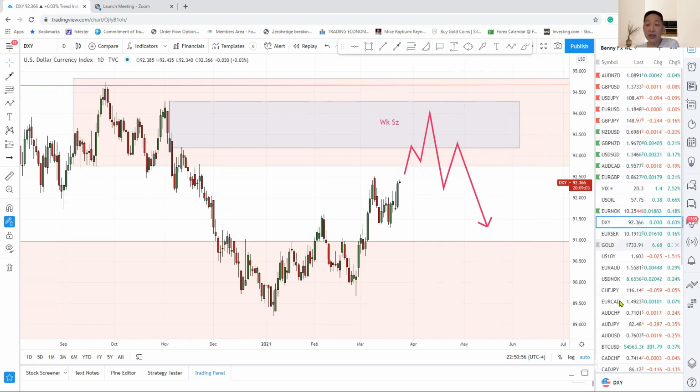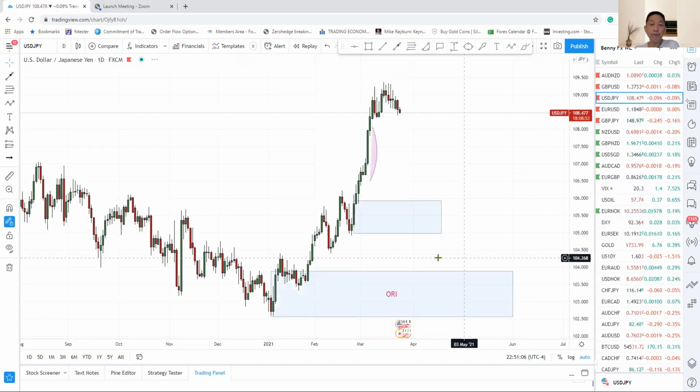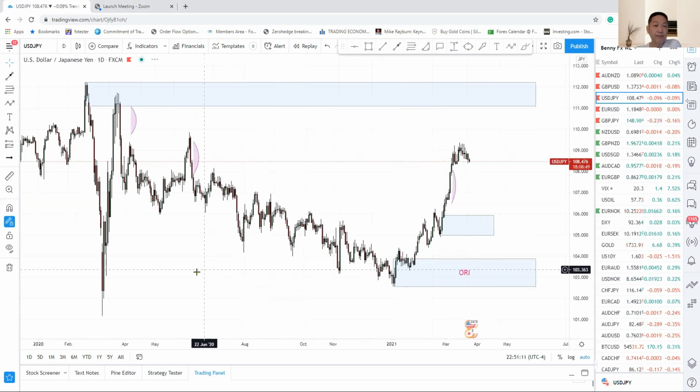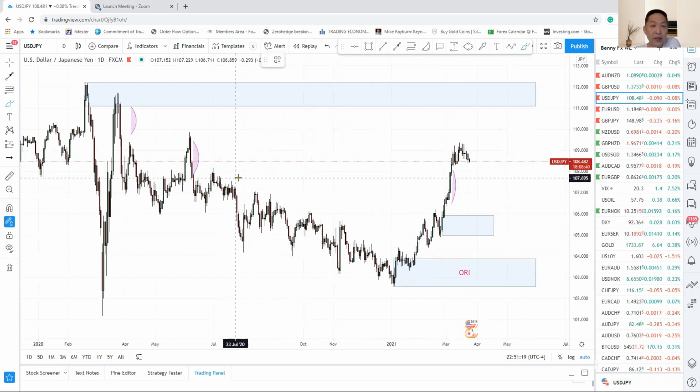Okay, so let's take a look at this dollar yen. Now for dollar yen, so far we have seen the price move up, right? As I mentioned in one of my YouTube videos, I mentioned that all these